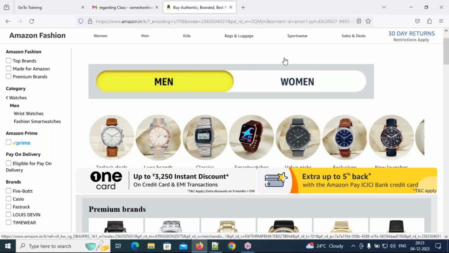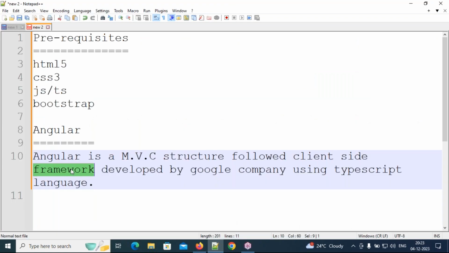So where is the information coming from? From the database only. But we are not able to access that data directly. But how can we develop our application? Without information, there is no value for our application. This is also client side technology. So we are not able to handle the information, that means data, directly. Directly we are not able to access it, but indirectly we are able to access it. How? Through REST APIs. What is it, everybody? Through REST APIs. So what are the advantages of REST APIs that we can see in real time?